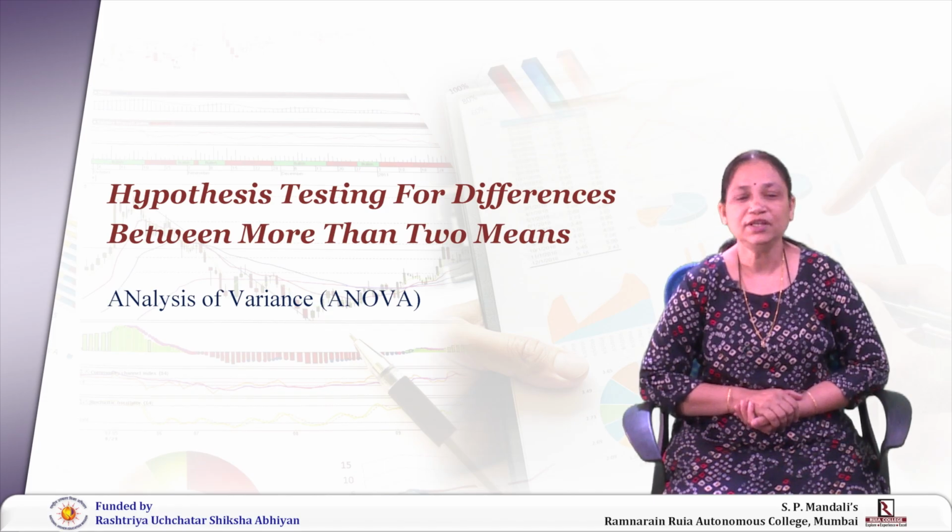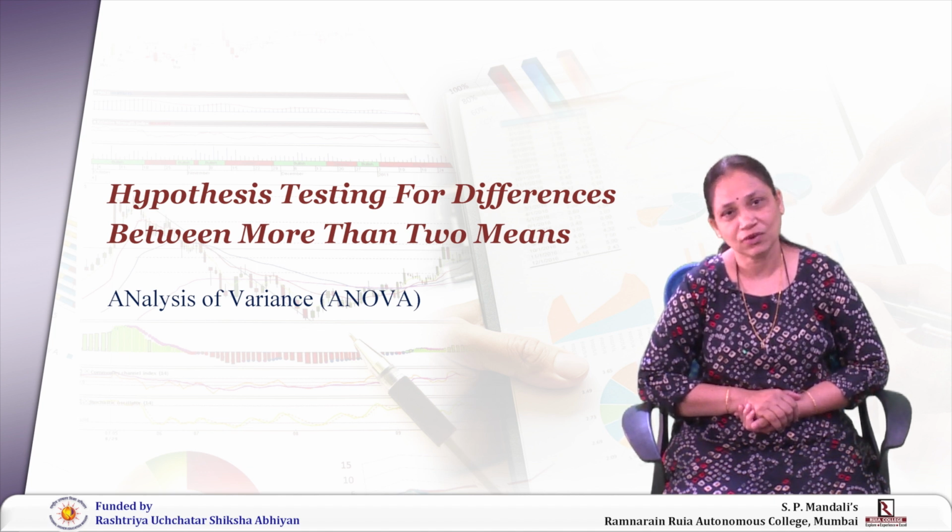When there are more than 2 samples, merely testing the means is not enough. Testing of variances simultaneously is important. Hence, the test applied in such a situation is analysis of variance, in short called ANOVA, and for a detailed explanation of what is ANOVA, we will have to refer to another session, the link for which will be given